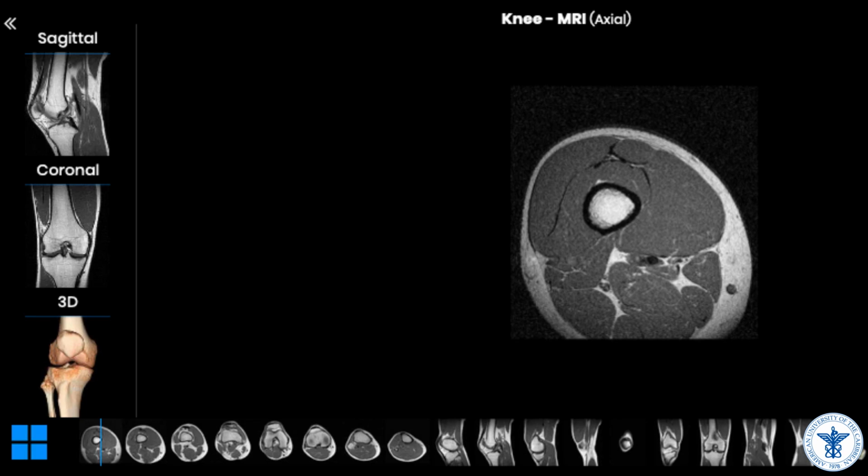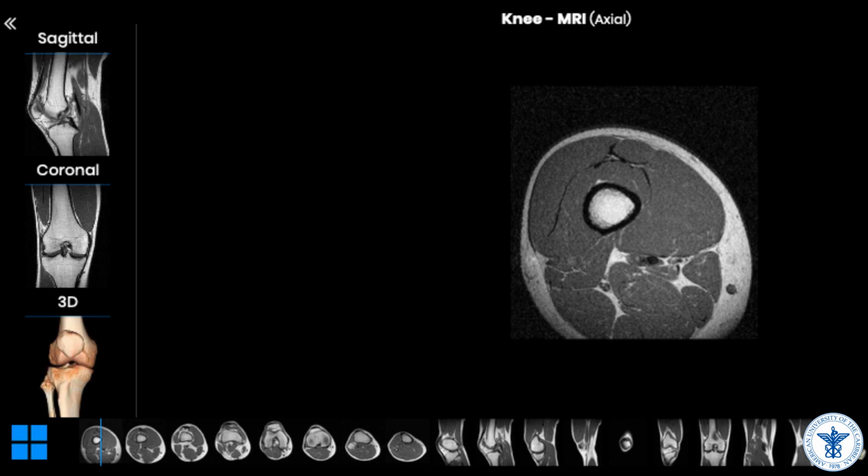Welcome back. Today we continue our discussion on lower limb and we are going to focus on the knee joint. Starting from the lower third of the femur, let's try to orient yourself. We are looking at the right limb and we are now at the inferior third of the thigh with the